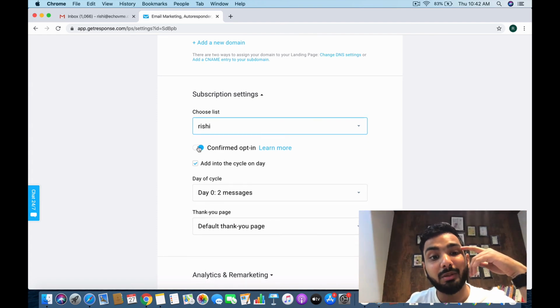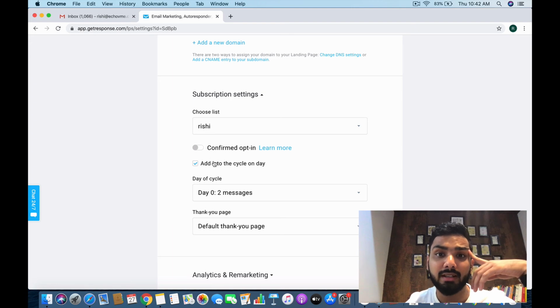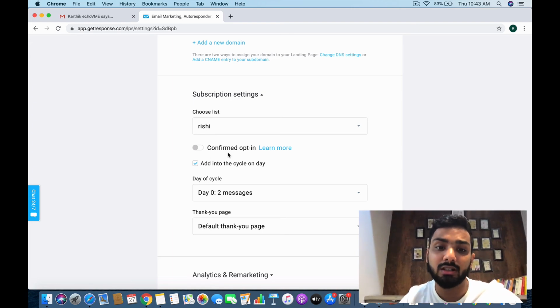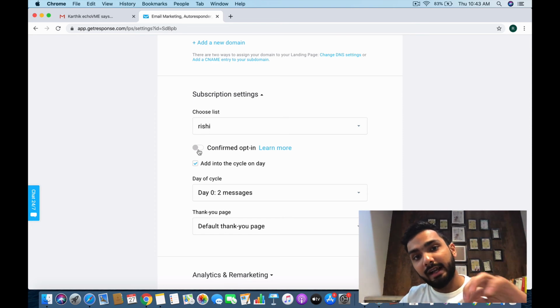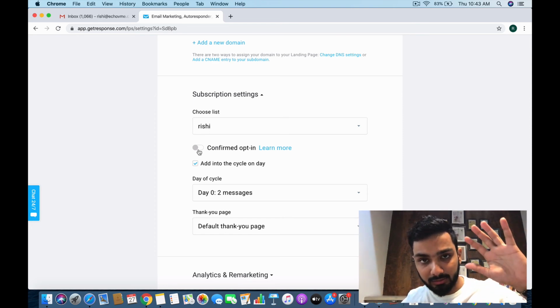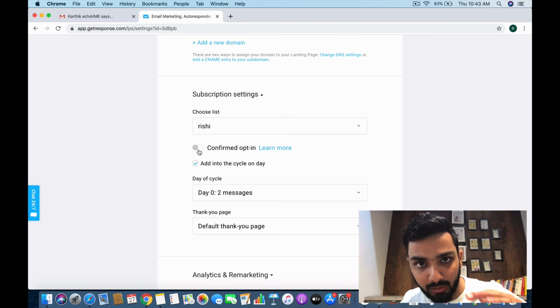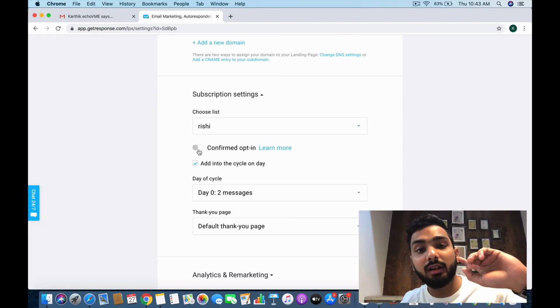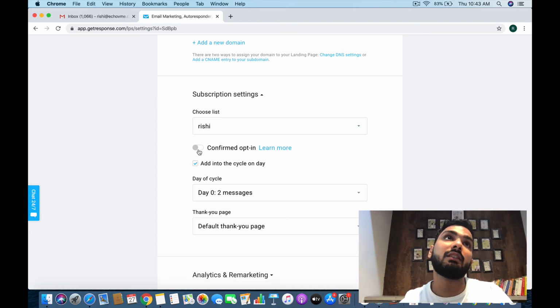Confirmed opt-in: never go for confirmed opt-in, guys. You're going to lose a lot of customers. Confirmed opt-in is nothing but this: if a person gives his details on the form, let's say his name, email, and phone number, another email will be triggered to them saying, do you really want to opt into this particular list?